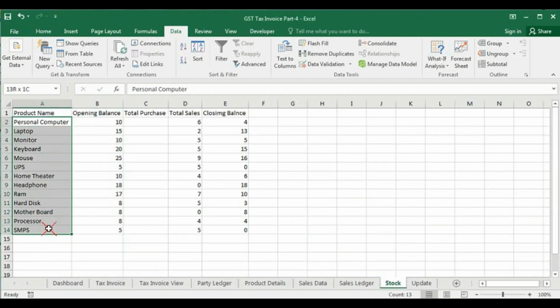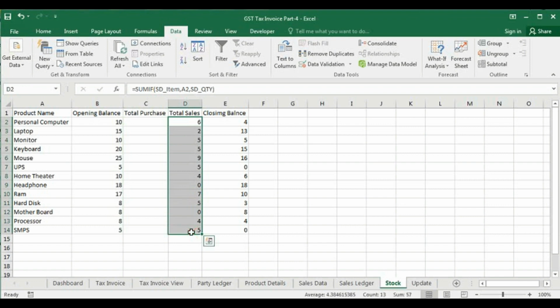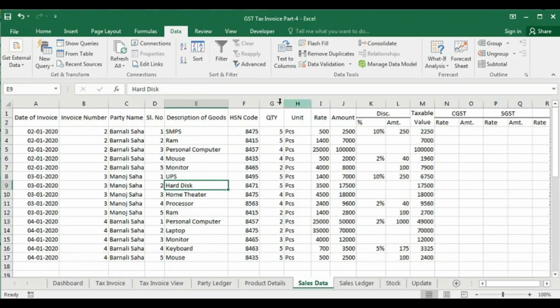Here you have put the name of the items, and these are the opening balances of the items. I have kept purchase blank because I have not worked on anything about purchase. And on total sales, how many items you have sold? Personal computer 6, laptop 2. From where does this data come? I have told you that this data will help you to keep your stock.